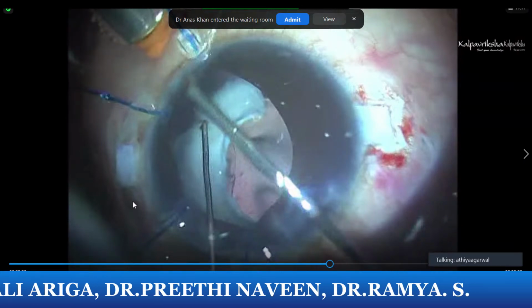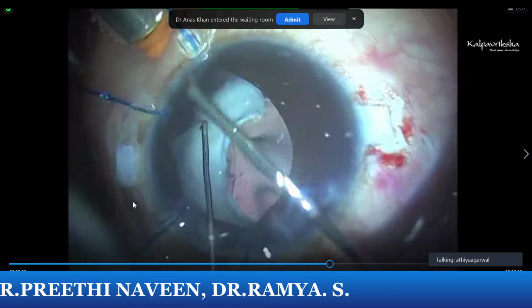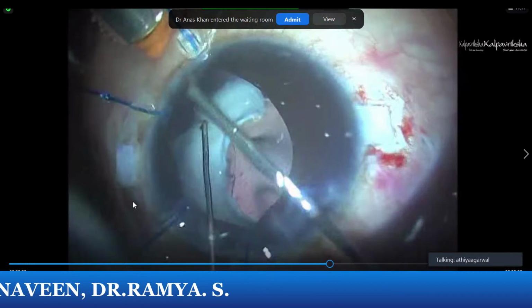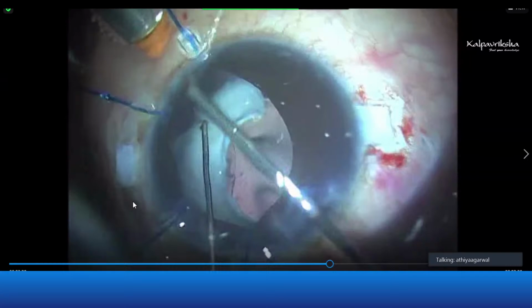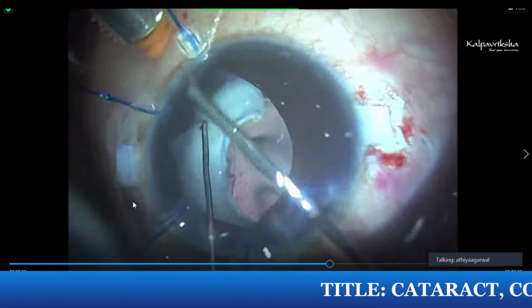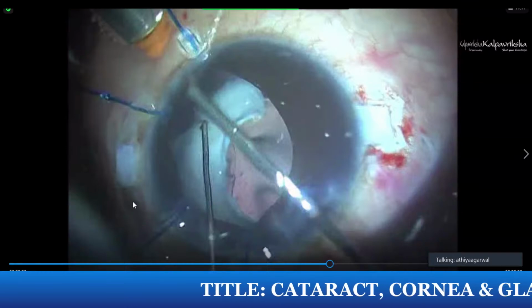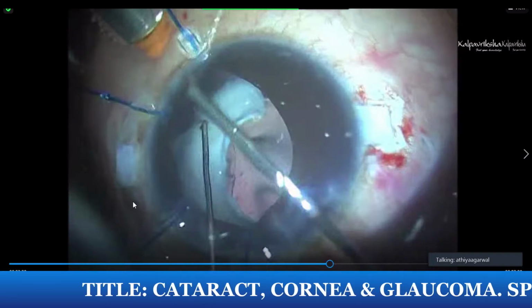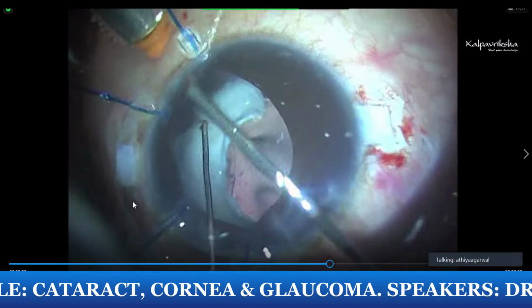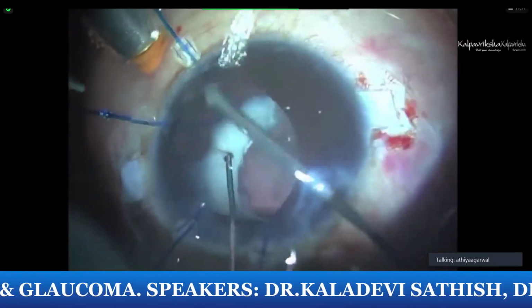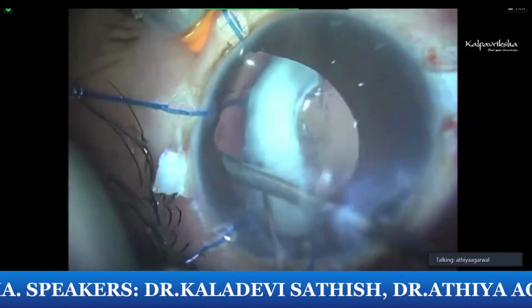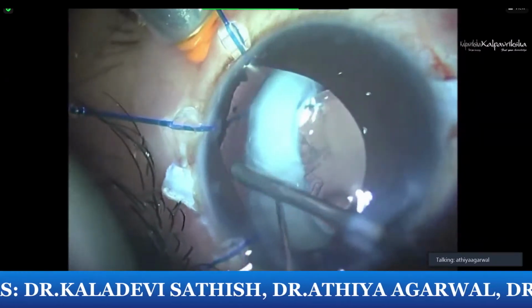By scaffold, what I mean is, I'm creating my own posterior capsule, or my own platform on which we are going to free this Soemmering ring, and then I'm going to remove it with the phaco handpiece, because these are very thickened rings. They cannot be taken out with a vitrectomy. Now what is happening? I've taken a vitrector. I'm going through the eye after implanting the lens, and I'm going to do a little bit of vitrectomy so that I can release the adhesions.